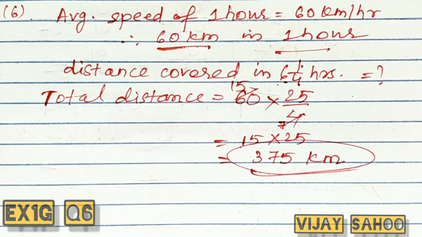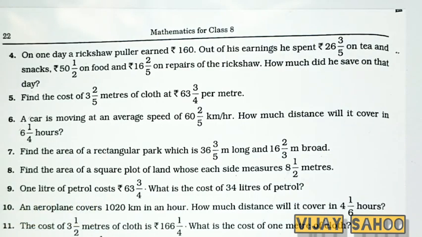Okay, understood now? Simply we have done the multiplication over here because the value of 1 hour was given, so for whatever other hours are given, how will we find out? We'll do the multiplication in that case. Now read the 7th and 8th question. I'll explain it to you because it is not that difficult, because if you are clear with 5 and 6 then you can do the 7th and 8th.